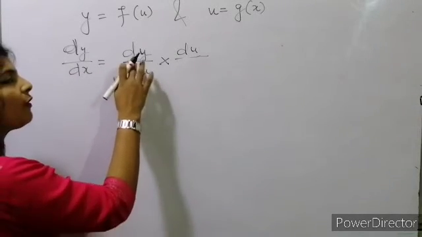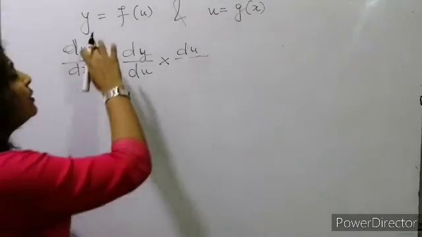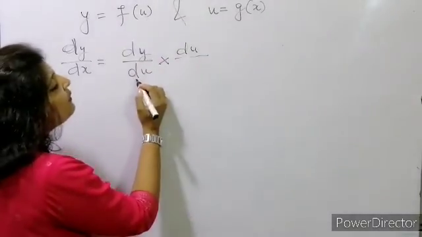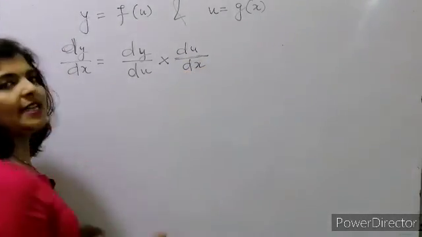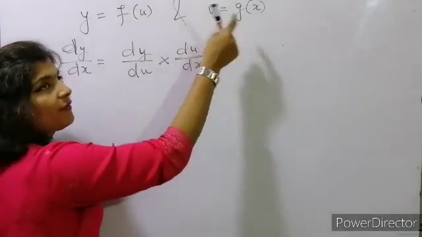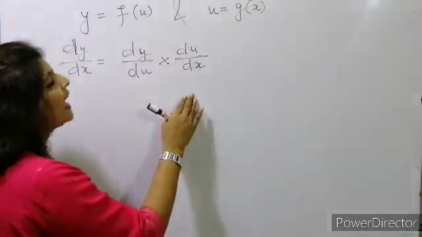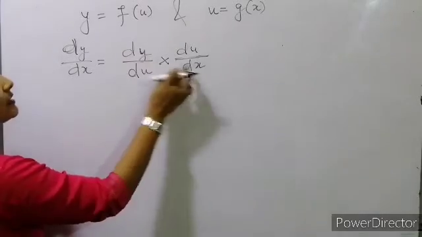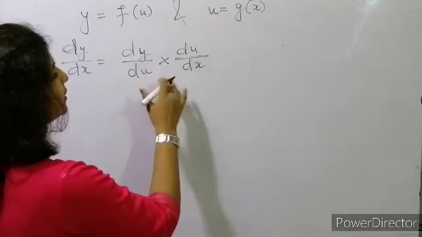When we find the derivative of y with respect to u, we can, because y is a differentiable function of u. If we are dividing by du, we can multiply by du, there will be no change, and divided by dx. Okay, we can find du by dx because u is a function of x, so we can find the derivative of u with respect to x and the derivative of y with respect to u. So what we have done is, we just divided by du and multiplied by du, so we get this.